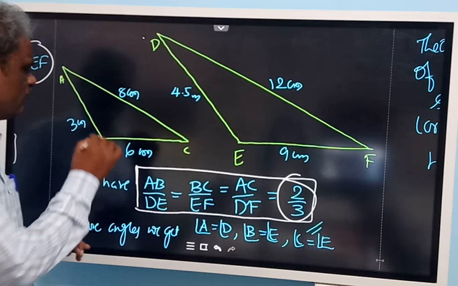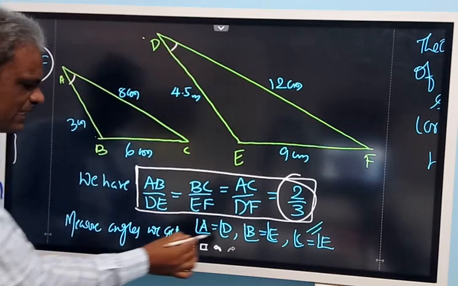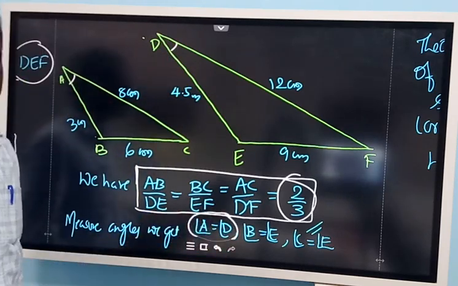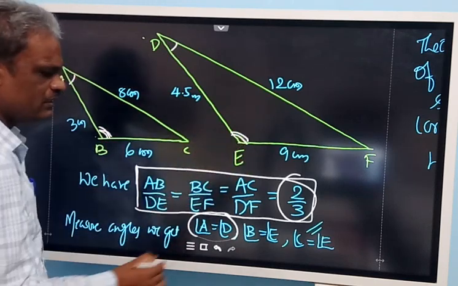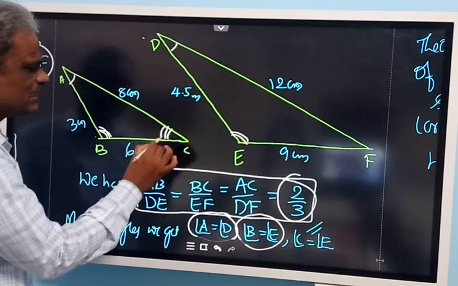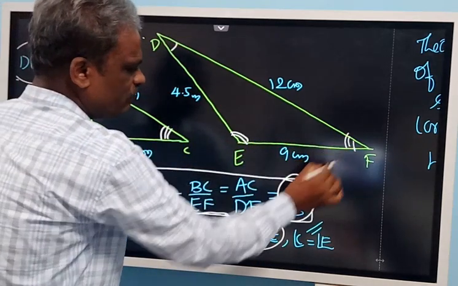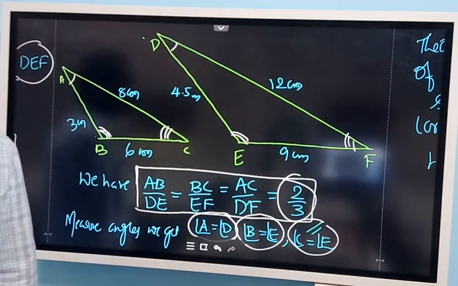So in that ratio, I have selected the two triangles ABC and DEF and constructed. After construction, you verify the angles. Measure this angle A and D, you will get equal. Angle A will be equal to D. Measure this angle B, it is equal to E, you will get the second angle also equal. And measure this angle C, that also will be equal to F. So three pairs of corresponding angles will become equal.